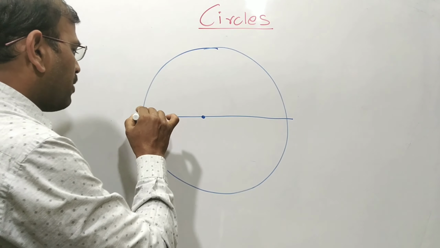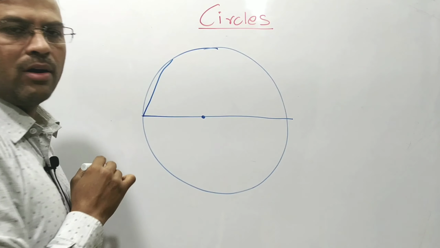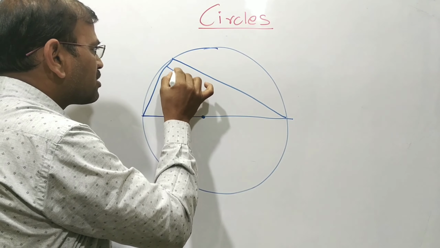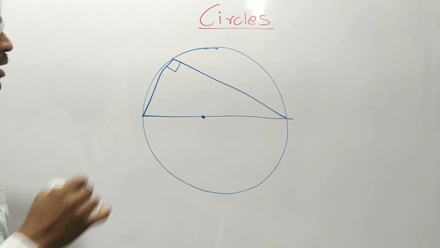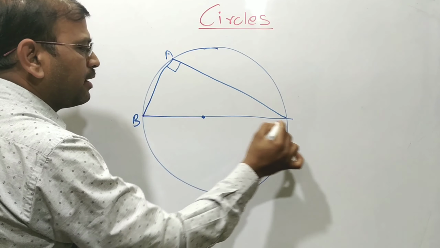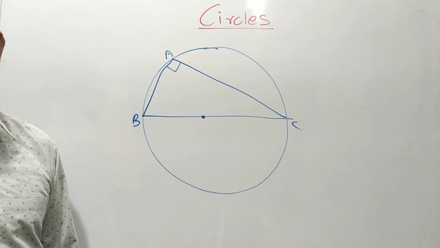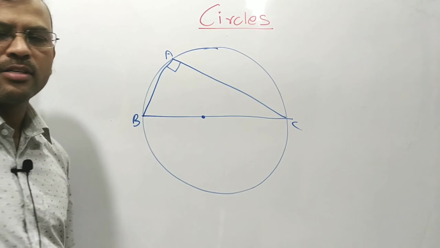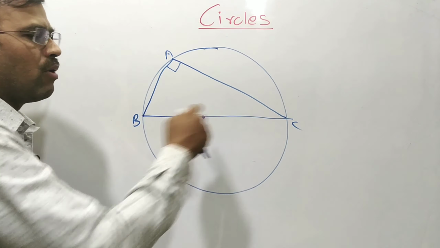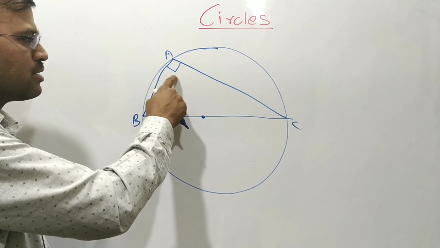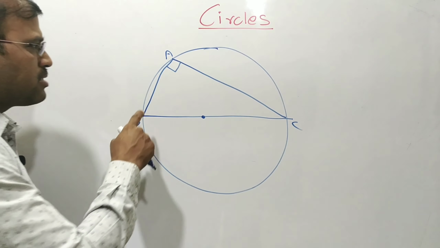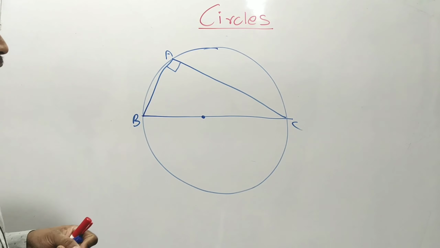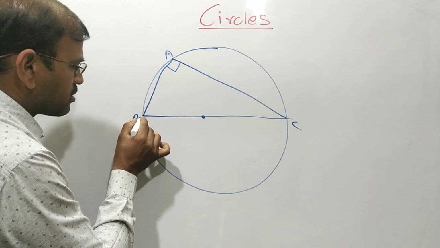Now in the same way, if I draw one more line, this is a chord. I am going to draw another chord. When both the chords are joined at a certain point on the circumference, there it will always form 90 degrees. So one diameter, two chords. These two chords are joining at the circumference of the circle. Then we call it a semicircle. A semicircle always forms 90 degrees. Now for example, I can draw one more figure like this.